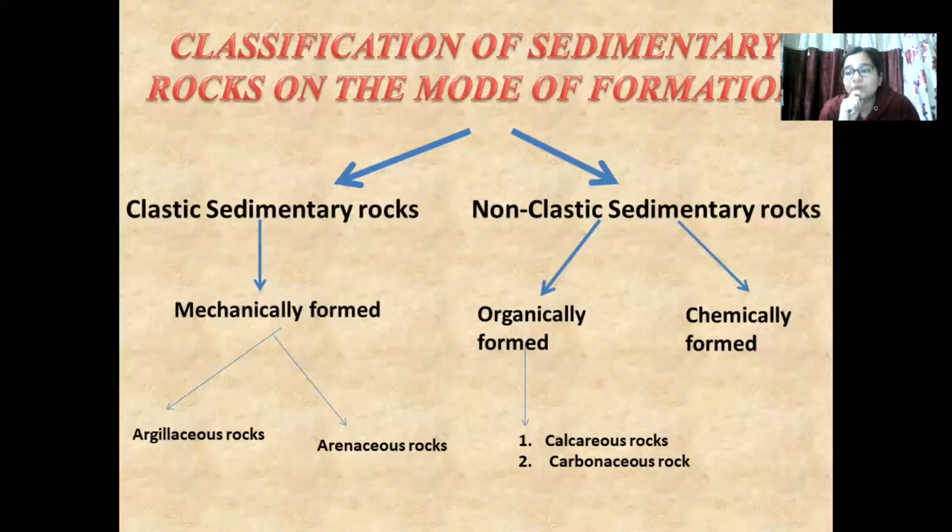Calcareous rocks में क्या होता है? अगर हम मान लेते हैं marine environment. In marine environment, there are marine animals. When the animals are dying, their shells and skeletons are decomposing and decaying. The shells and skeletons contain calcium. तो वो जब calcium जम जाएगा, आपका एक rock form करेगा.